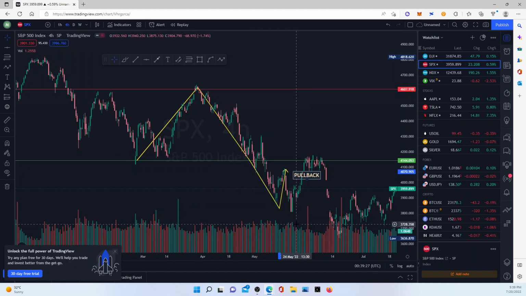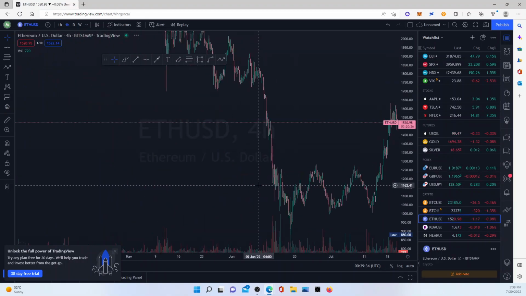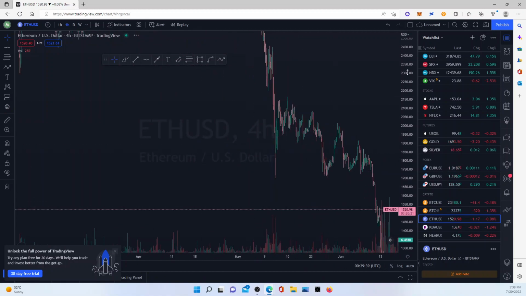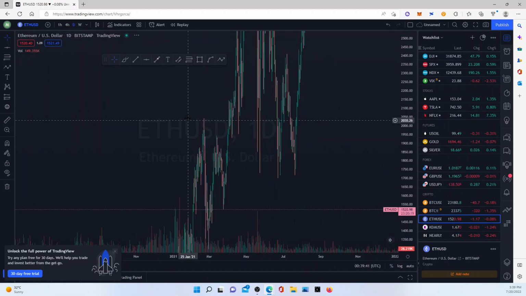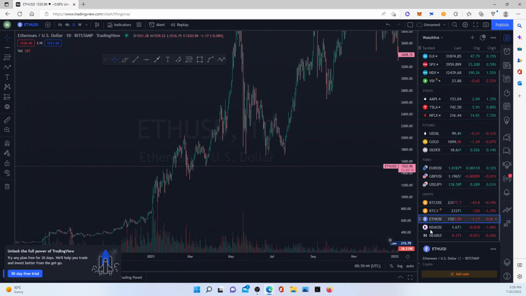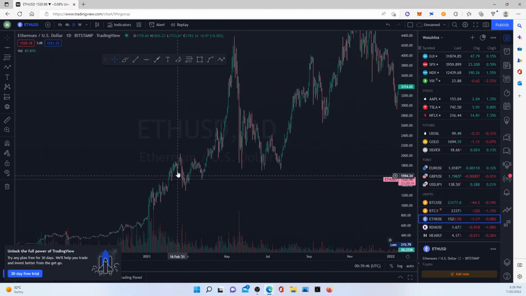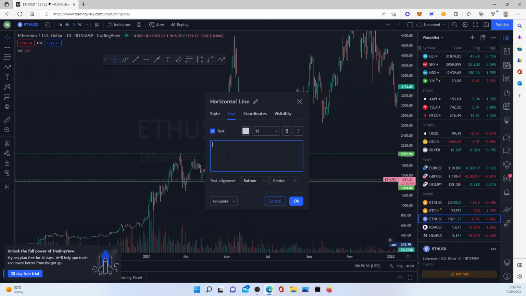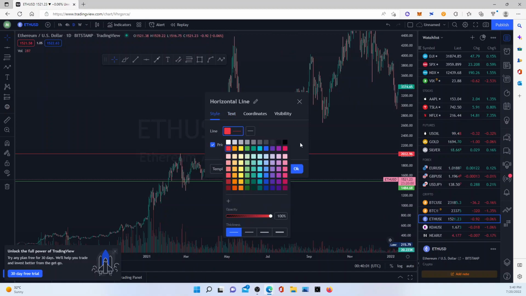A pullback happens when it is actually in a sell-off. What we tend to see is a pullback. The opposite is what they call a throwback. A throwback happens a lot when you are mostly in bullish momentum. When you are in bullish momentum, the price or market is moving up. Let's draw a new one right here, right there. Take another line, put it here. This is your support, your resistance. Just change the style. Let's change it to red.